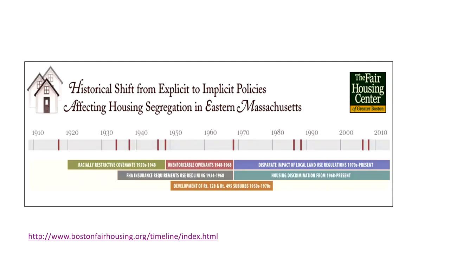And then if you're interested in reading up more on this, especially if you're from the region, there is a nonprofit called the Fair Housing Center of Greater Boston that has some great infographics. They've done some really interesting audit studies on both the history of redlining and housing discrimination in the Boston area, but also they've made some really interesting and insightful links to how that historical legacy plays out in a major city like Boston today.